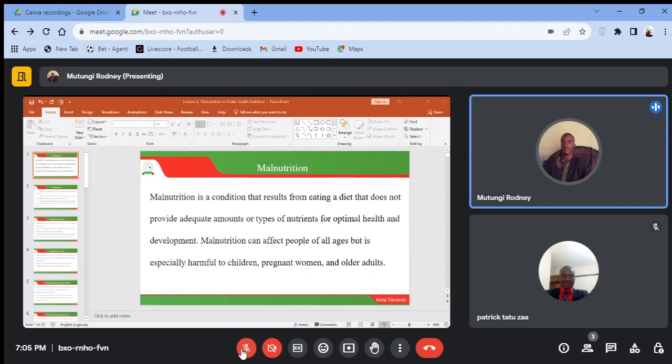So overnutrition occurs when you take excess of the nutrients that are required by the body, and undernutrition is that situation where you take insufficient nutrients to meet the body's needs. The result, of course, in overnutrition, you can have being overweight, being obese, having diabetes due to the consumption of a lot of sugars, and then cardiovascular diseases like we saw in the previous session, for example, heart disease, stroke, hypertension, and other chronic conditions, including cancers.